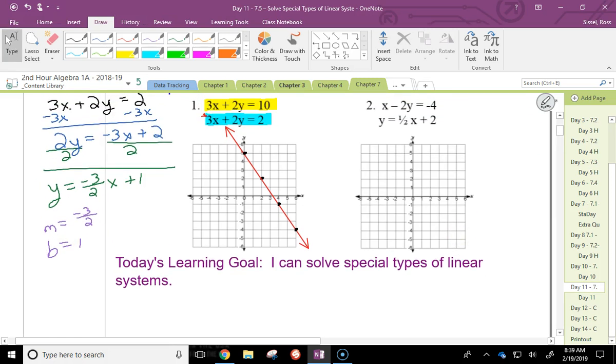So I graph this one. Y-intercept is 1. And I'm going to go down 3. 1, 2, 3 over 2. 1, 2, 3, 1, 2. 1, 2, 3 over, oops. Over 2, it's probably right about in here. If I graph this line,